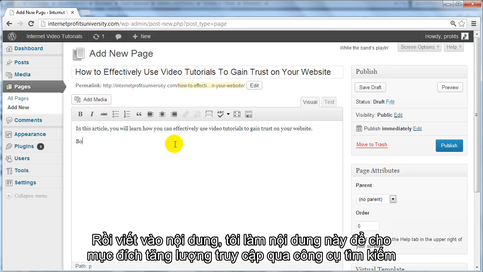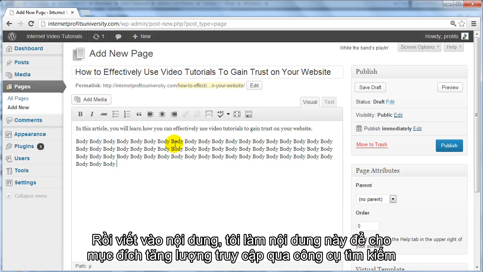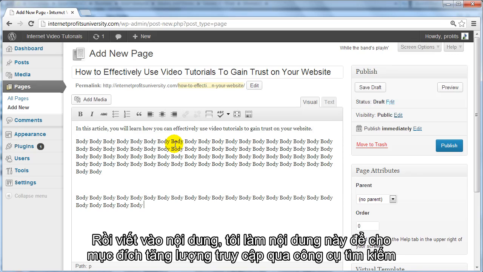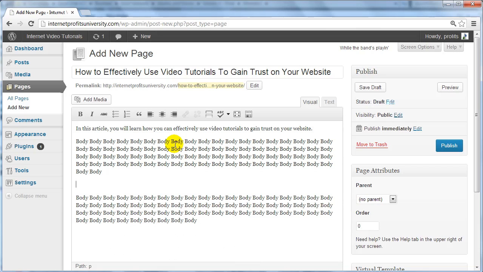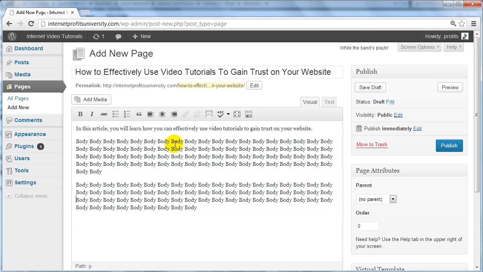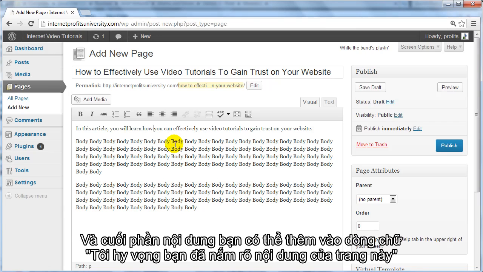And then you want to have the body, and I'm showing you this for search engine optimization purposes. And somewhere in the middle, somewhere you might want to have the keyword, and then of course at the very end you can say something like,